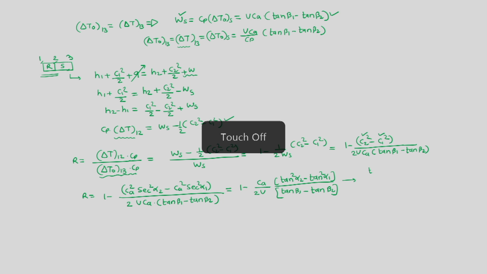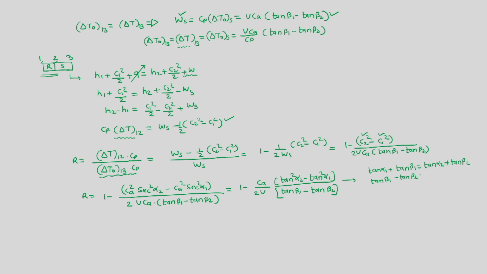tan alpha 1 plus tan beta 1 is equal to tan alpha 2 plus tan beta 2. So, we get tan of beta 1 minus tan of beta 2 is equal to tan of alpha 2 minus tan of alpha 1. So, we can write it over here and we can say that R is equal to 1 minus Ca upon twice U into